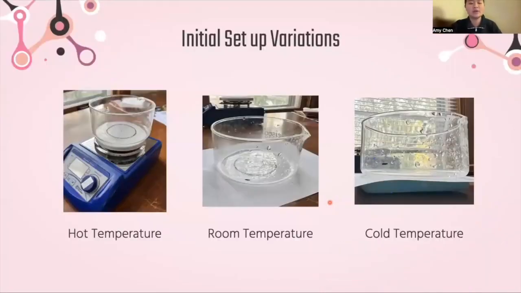We wanted to test a wide range of temperatures, so we had three different setups. For the hot temperature range of 80 degrees Fahrenheit or higher, we set the dish on top of a hot plate, which will heat up the liquid to the desired temperature. For the room temperature ranging between 45 to 80 degrees Fahrenheit, we set the dish on top of the table and nothing else was adjusted to its surrounding. For the cold temperature, we ice the water in a separate container and set the dish on top of an ice pack. Now, the purpose of these three variations was to keep the temperature as constant as possible throughout our